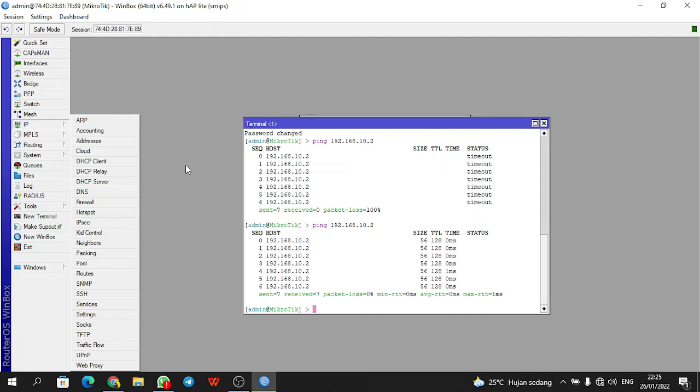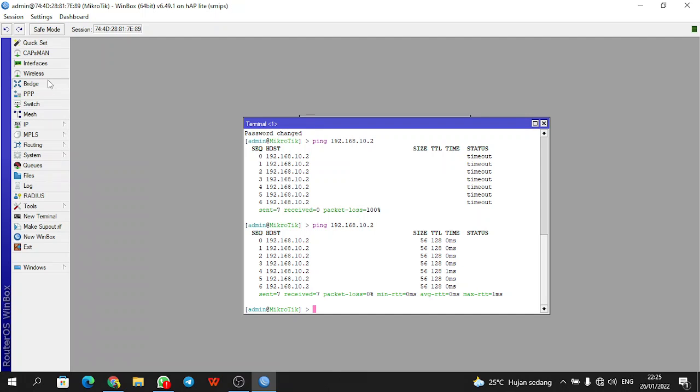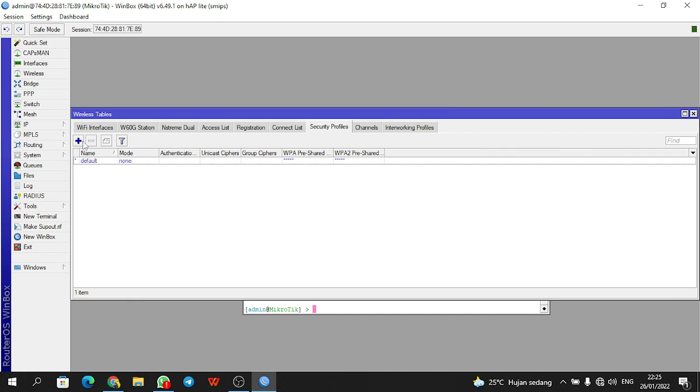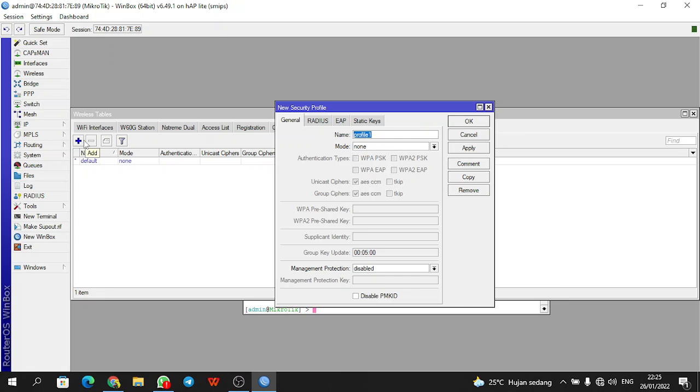Okay, we must enter the wireless menu. First, we select wireless and click here to turn on the interface. First we turn on the VLAN interface, then we have to create a security profile. This security profile is added according to the access point password.